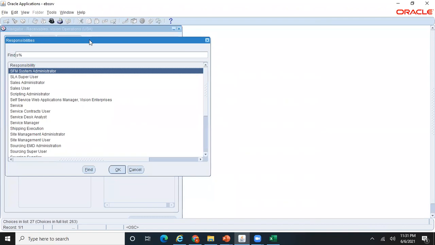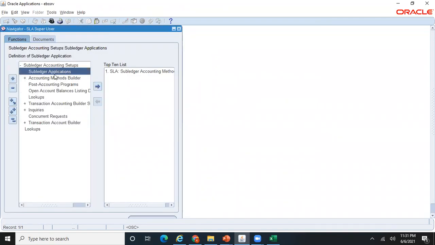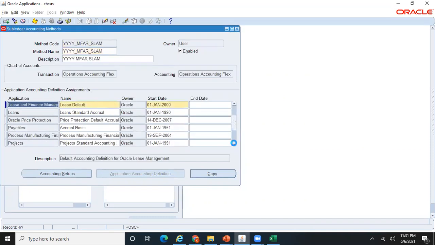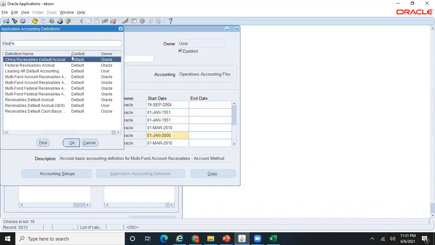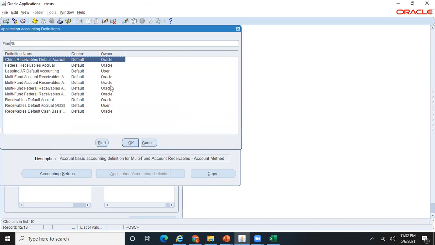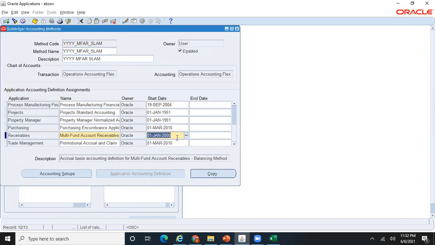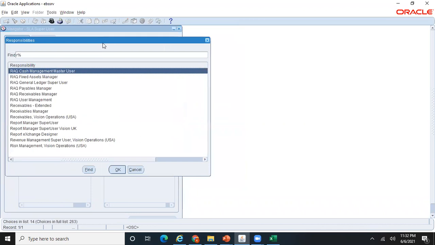So let me go to the SLA super user, search for my subledger accounting method, and then go back to the receivables, change it from multi-fund receivable accrual account method to balancing method. Just change it, save this. Okay, that's it.